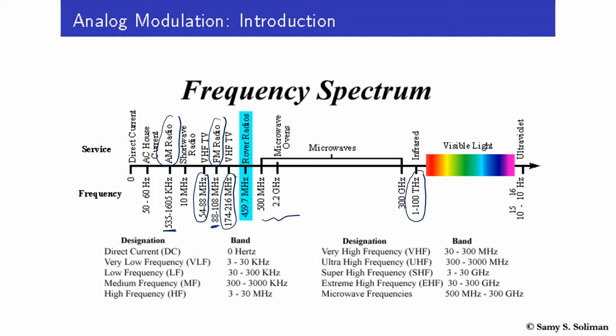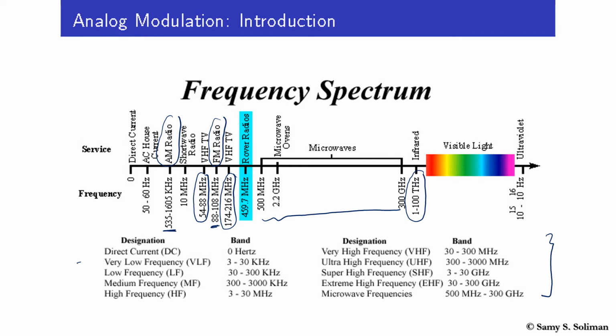We have the microwave range from 300 or 500 megahertz to 300 gigahertz, and you can see here the classification of different bands of the spectrum according to their frequency,